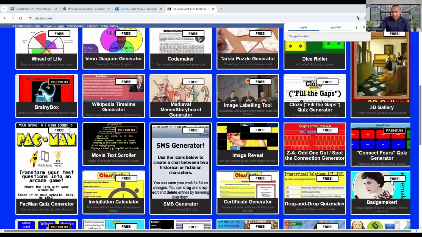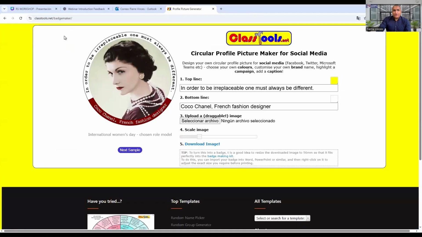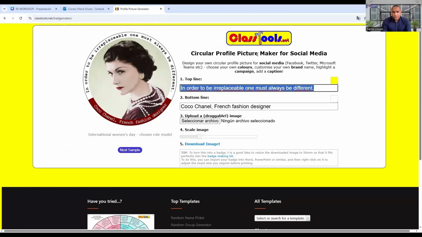Here, as you can see, this is free. And here is where we can change the pictures, the texts, and the colors. Let's try it. Good. For example, let's imagine we want to talk about sports. Yeah, it could be.